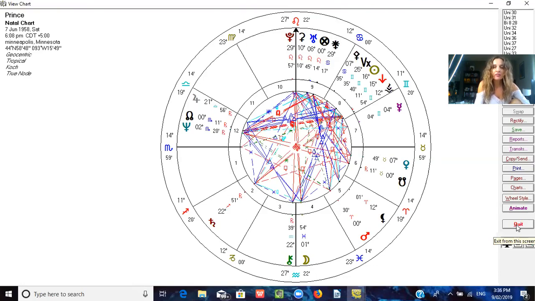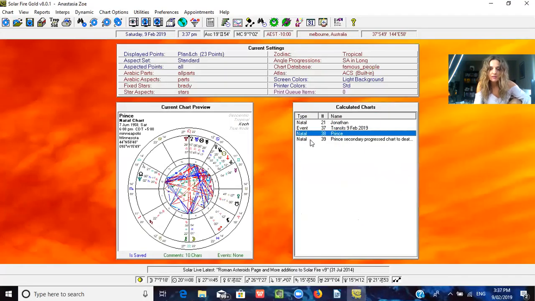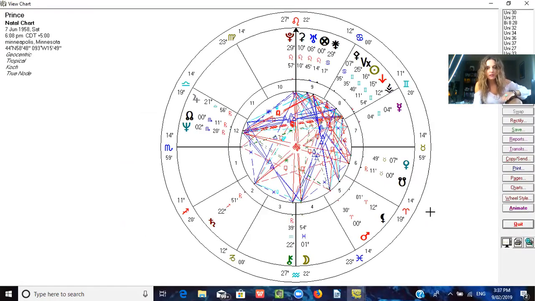I'm going to show you Prince's secondary progress chart. But the method that I use is a very unique method that is not used by any other astrologer other than the astrologer who taught me how to work with secondary progressions, and which is primarily how I rectify people's birth charts. Very complex. It's very tedious. It's very time consuming, and it's not my favorite part of astrology, I can assure you, but I know that it's 100% accurate. So, having said all of that, if you look at this chart here,